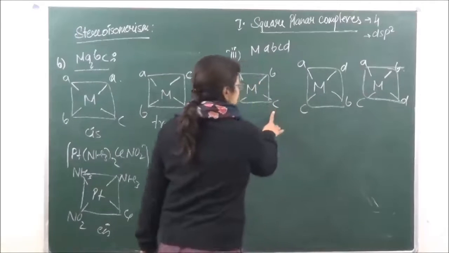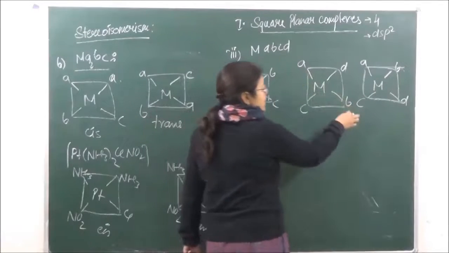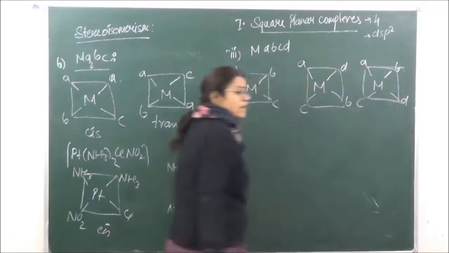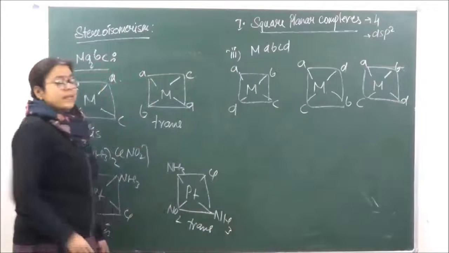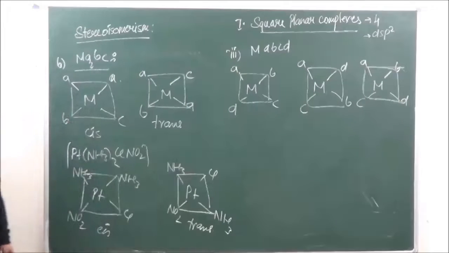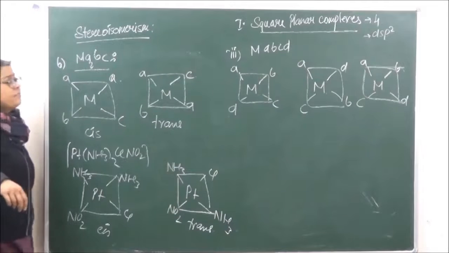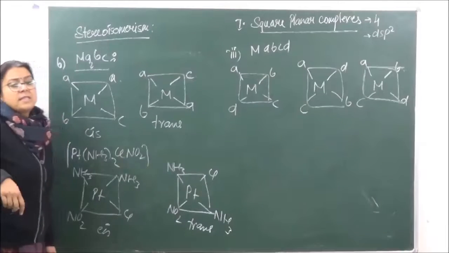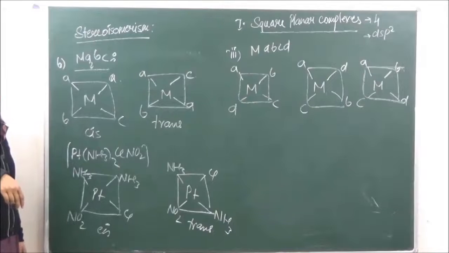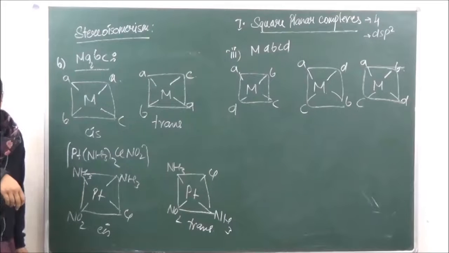Over here, adjacent is B and adjacent is C. And opposite to A over here is C, opposite to A over here is B, and opposite to A over here is D. So the position of the ligands is going to change, although we cannot really figure out what is going to be the cis and the trans over here, but still it can show us 3 different geometrical isomers with this kind of a formula.